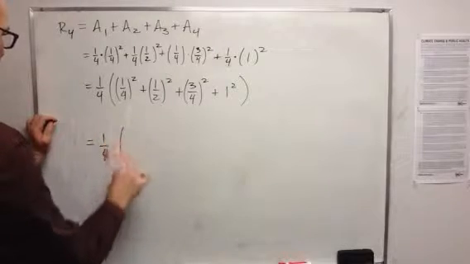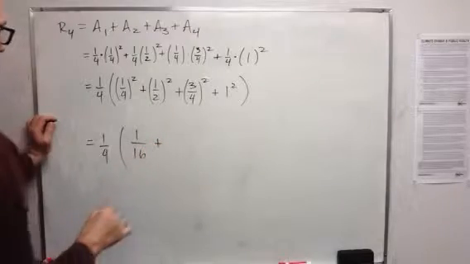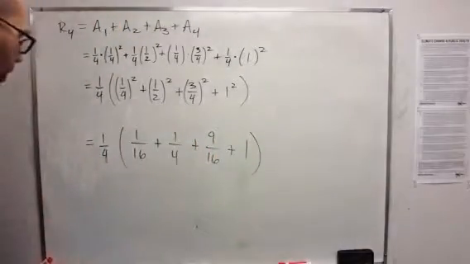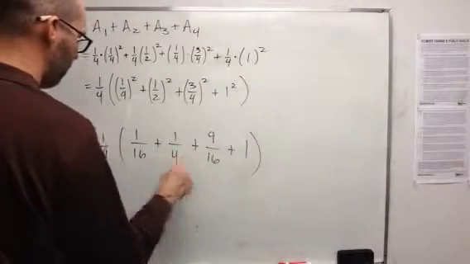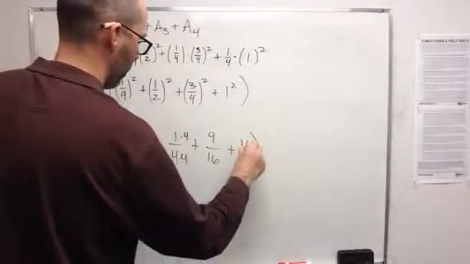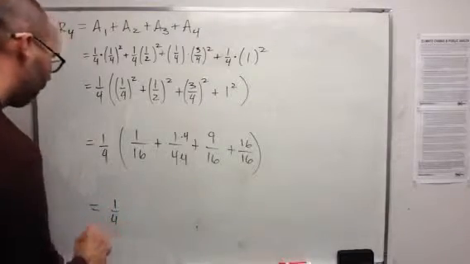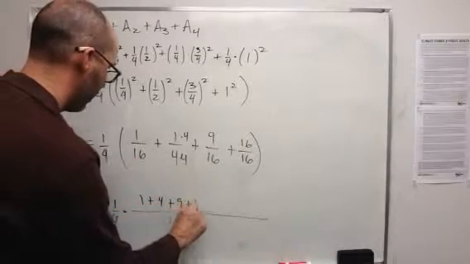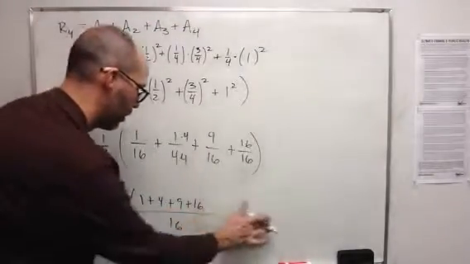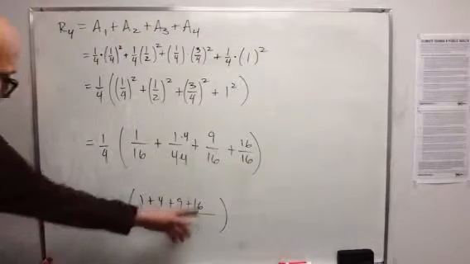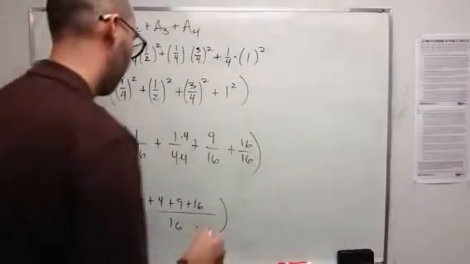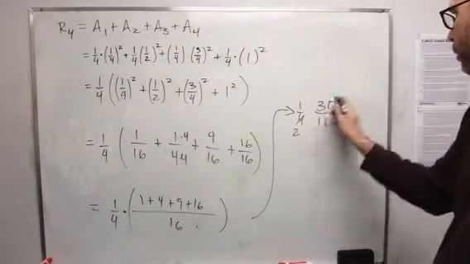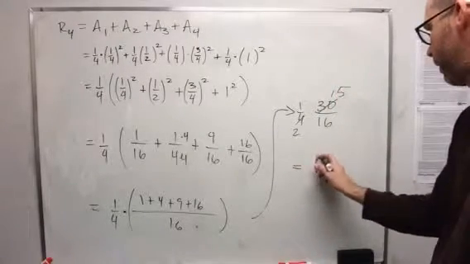Okay, we got a 4th there. Let's see, what's this? It's going to be 1/16 plus 1/4 plus 9/16 plus 1. Pretty gross looking thing, right? Let's get some common denominators. Make the 4 into a 16 over 16. So we have 1/4 times 1 plus 4 plus 9 plus 16 over 16. That's 20, 30 over 16. So we get 15 over